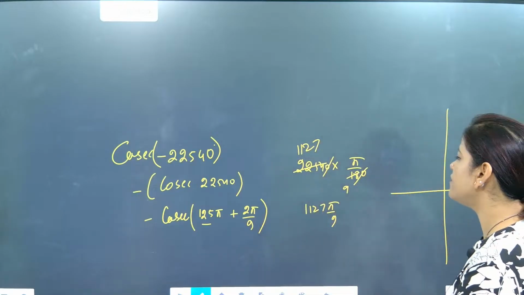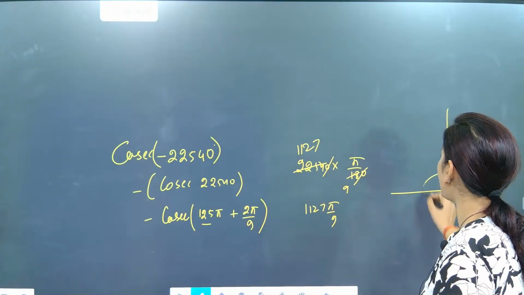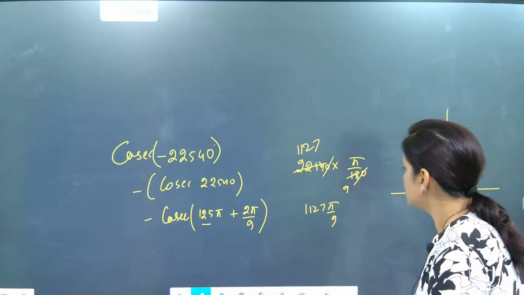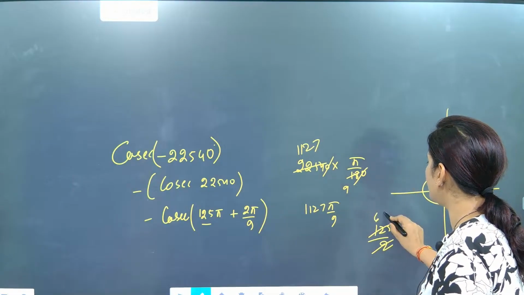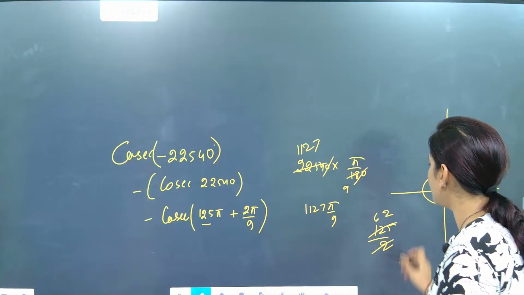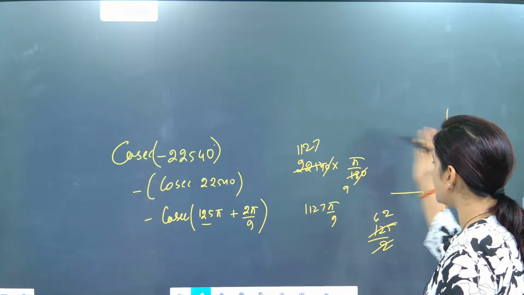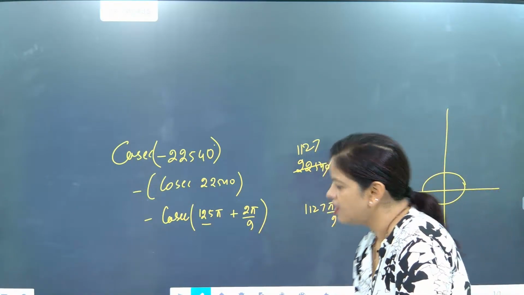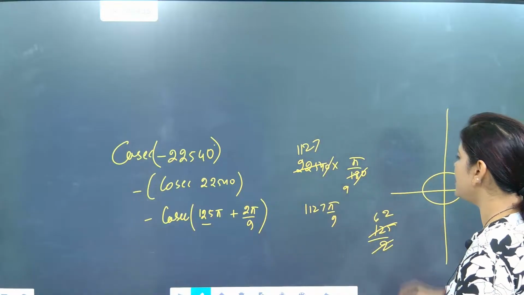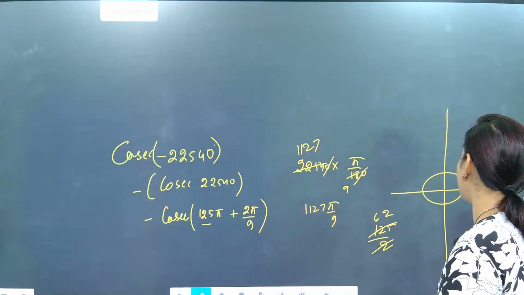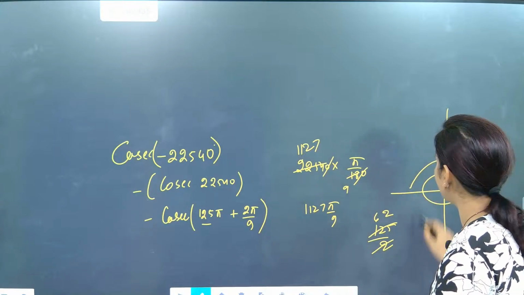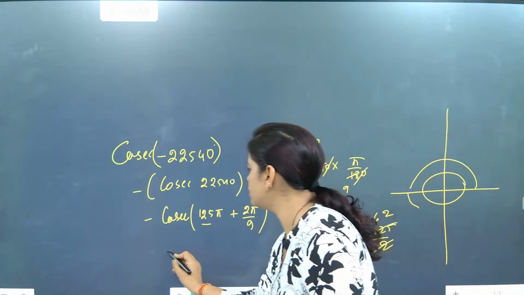So here 125 is there. 2 pi means 1 rotation. Okay. So if 125 is divided by 2, 2 6s are 12, 2 2s are 4. So here total 62 means complete 360 degree rotations. When you do like this, complete, and only one pi will be left. That means finally you will deal here with pi and then 2 pi by 9. So here you are going to go to the